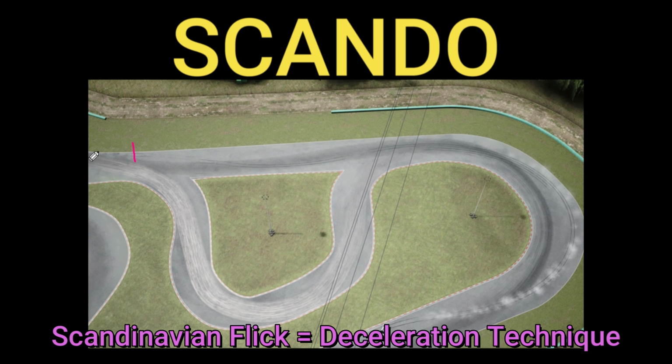Now, this is exactly where, coming in here full speed, I see I have way more speed than I need for this corner. I won't be able to slow down. So what do we do? In this case, I have enough spacing here before the corner. We flick to the right, this helps us unsettle the car, also it shifts the weight to the right, and